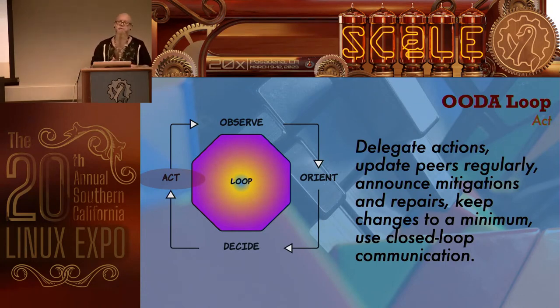Use closed loop communication when you're acting. Closed loop communication is when you answer the person asking you a question with an affirmation that you have received that information, you're acknowledging that you received it, and you're going to go do something. So when the incident commander tells someone, Matt, I need you to go kill all the processes on this database, I don't just silently go do it. I say, yes, Julie, I hear you. I'm going to go do this. I'm going to do it on these 2 databases. I'll talk to you in 10 minutes when I'm done. That's closed loop communication.